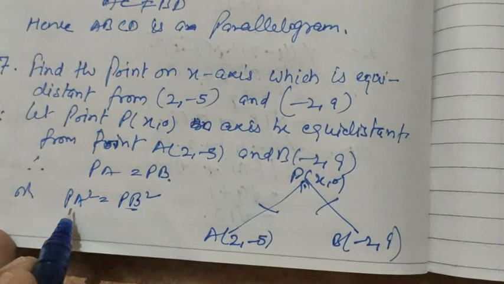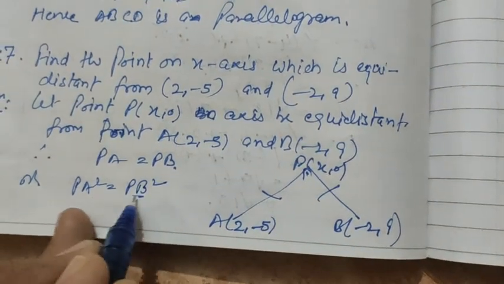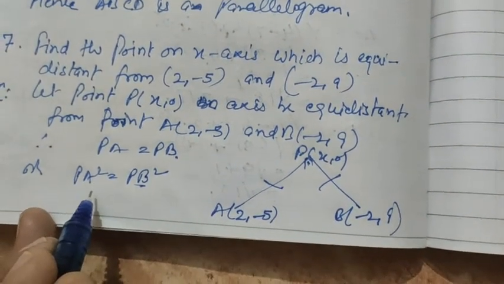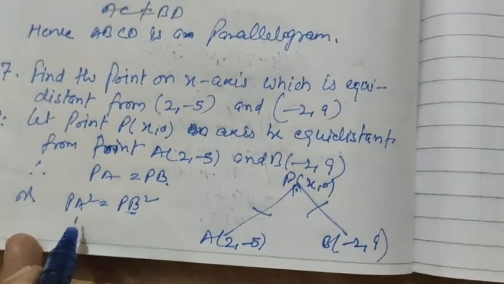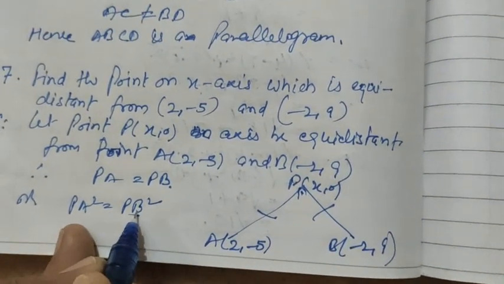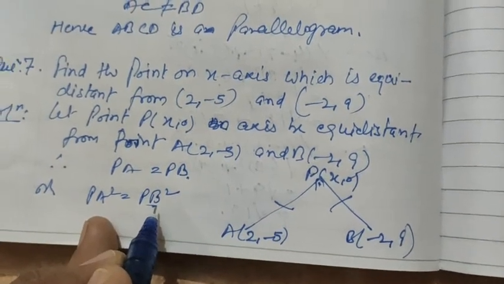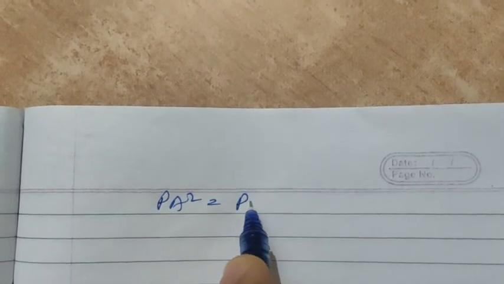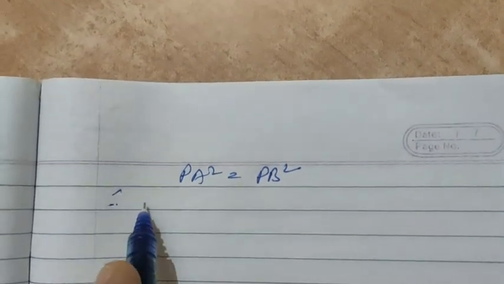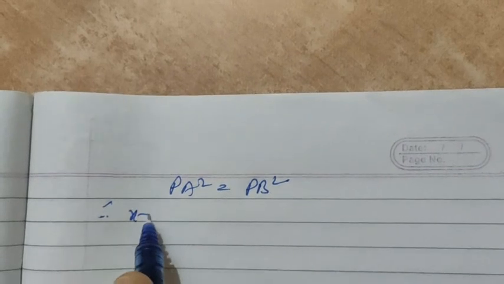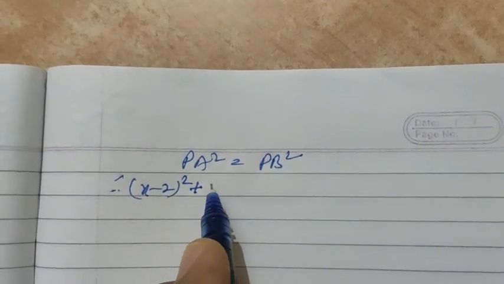So that square root sign of the distance formula will be removed here in the beginning, so we need not solve it later. As PA equals PB, PA square equals PB square. Now PA square is (x minus 2) square plus (0 minus (-5)) square,